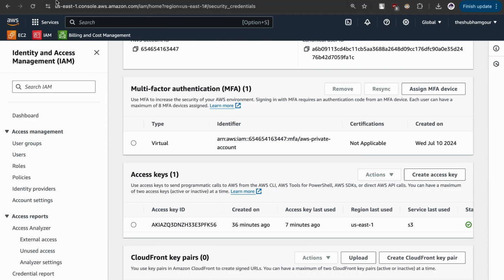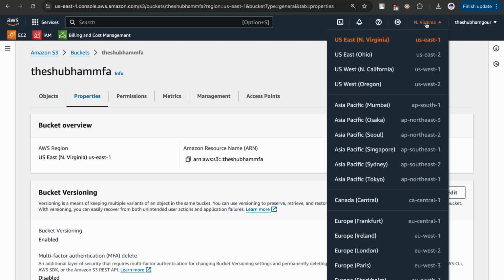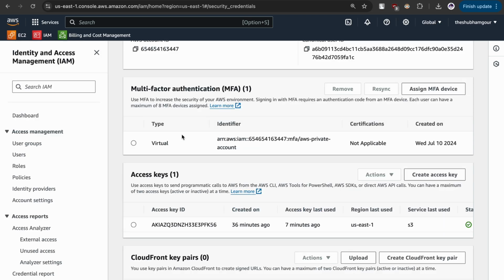The second thing that I want to point out is the region. The region that my bucket is currently created in is US East 1. It might vary in yours. However, you can use another region as per your requirement. Okay, let me fill in the details and get back to you. All right, so once you have entered the access key and secret key along with the region,